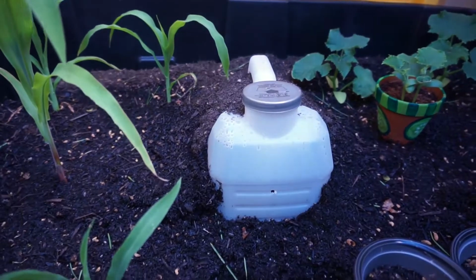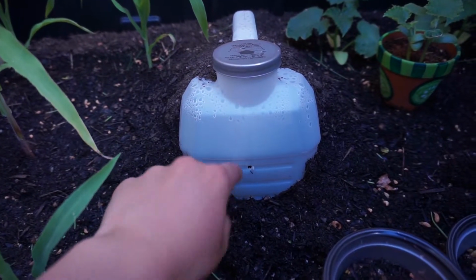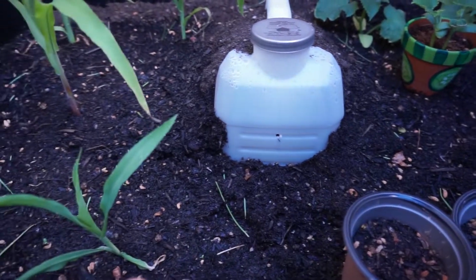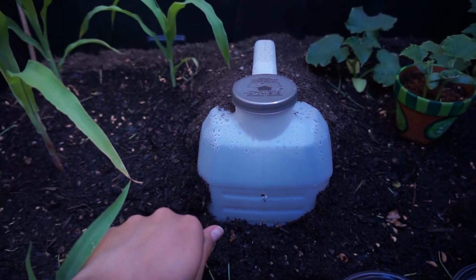Over here I have a reservoir, the reservoir I was telling you guys about. It's my kitty litter tin, and like I said, I just put holes in it. I need to get more soil. The rainstorm pretty much washed away all my soil around it, so this is what I have. It makes it way easier to water, and it makes it easier for me as a